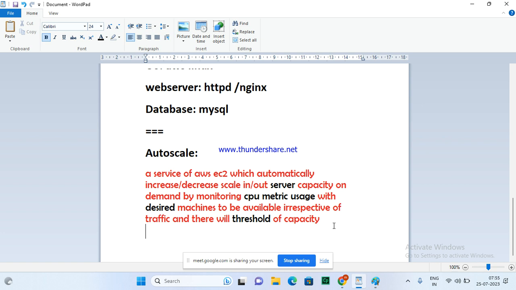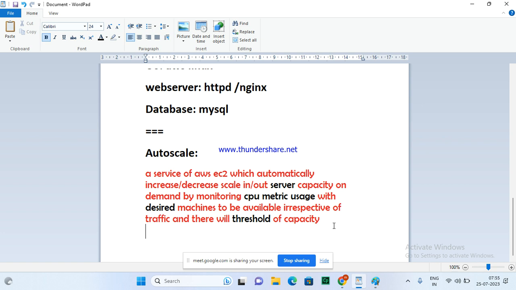Yesterday I just gave the names, but now I want to give the service definition. How do you say it if someone asks about auto scaling? Auto scaling is managing the server capacity, making sure server capacity is available for the demand. If the traffic is 200, the server should be available for 200; if it's 2000, the server should be available according to the traffic. That means it will increase the server capacity: 2 servers, 3, 10, 20, 30 servers. And with a limit also, it's not unlimited.